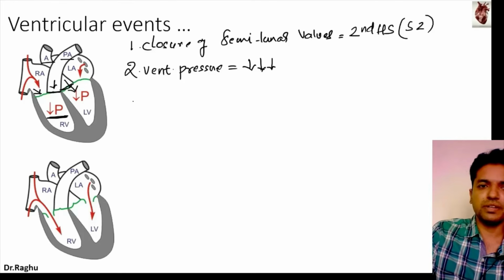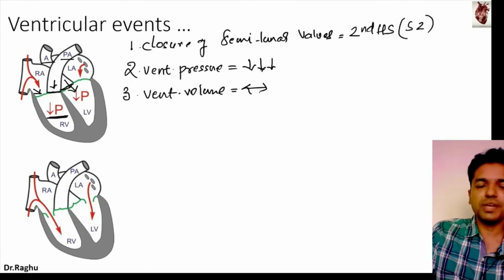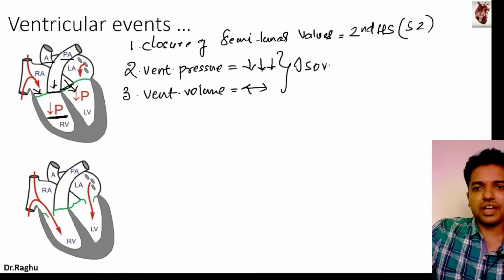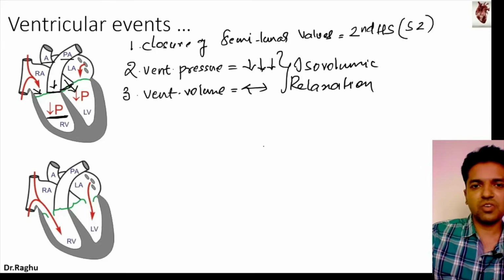fall rapidly. But what is happening to the ventricular volume? The ventricular volume is not going to change. Why? Because now the ventricles are relaxing as a closed chamber. Now this phase of the diastole is what is called the isovolumic relaxation phase, wherein the ventricular pressure is falling, the ventricular volume is not changing, and the ventricle is relaxing